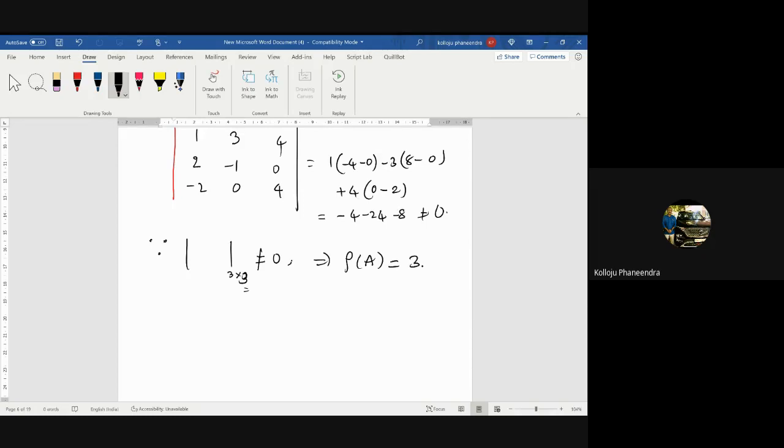Everyone understood this concept? Rank. What is the concept? Once again, whatever the given matrix, 3 by 3, 4 by 4, 5 by 5, or rectangular matrix 4 by 5, 3 by 4, whatever it is, you select the maximum square submatrix determinant. Whichever maximum square matrix exists. 3 by 4 here we are considering. Then what is the submatrix? Square submatrix 3 by 3 only. So we select any submatrix of order 3 by 3